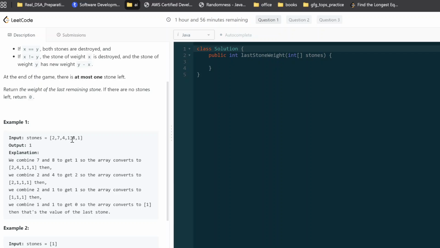Min heap or max heap, right? So if you make the max heap out of all these numbers, the very first element at the top will be 8 and the second element will be like 7. So what you just need to do is pick the two largest numbers, and if they are equal, very good. If they are not equal, then we have to put the difference of these two values again into the